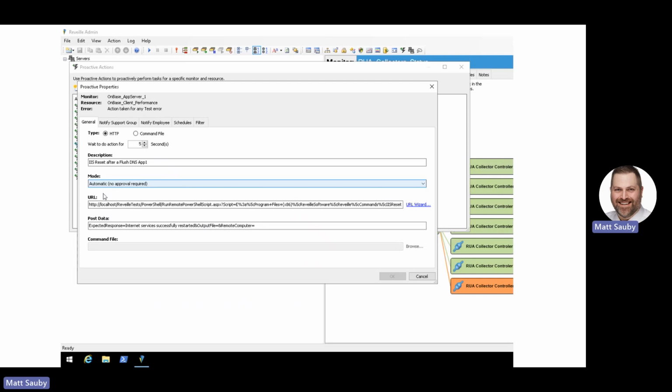Reveille has the ability to take action on issues too. Through proactive actions, Reveille can perform operations based on various situations. Reveille can monitor log files, event logs, services, and more. Based on how you want to manage a situation, Reveille could do the work for you. For example, you could have a Windows service that went down. Reveille could notify you or try to restart the service for you.